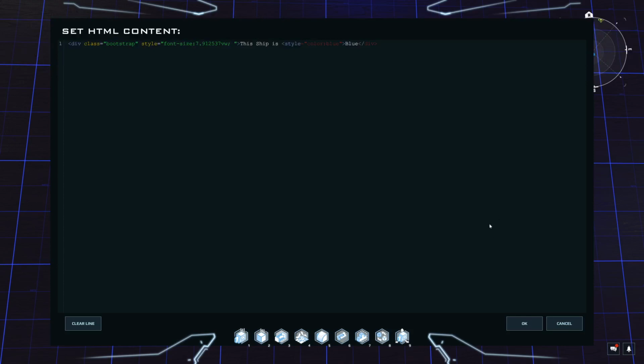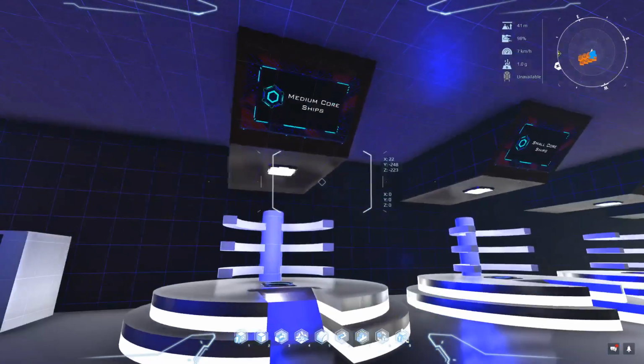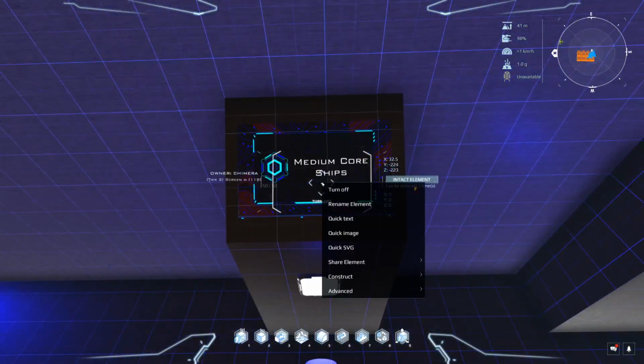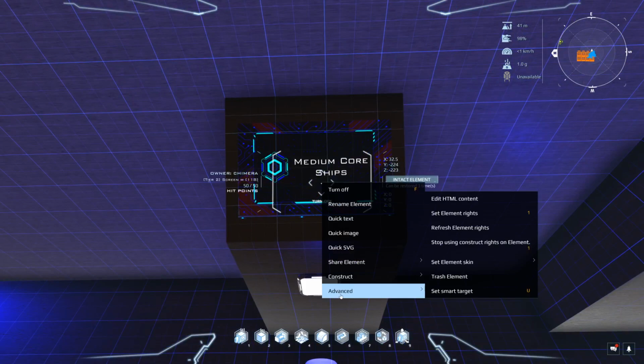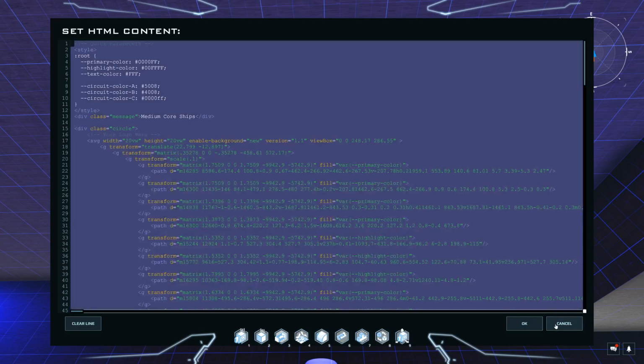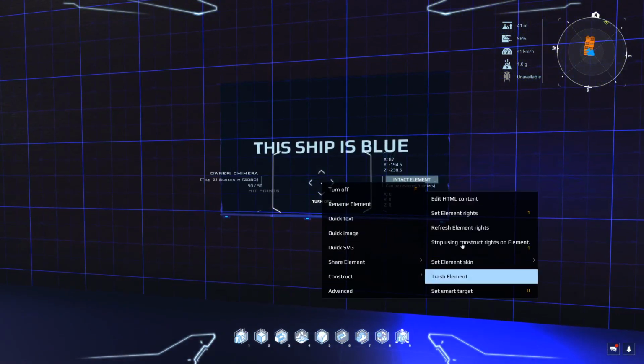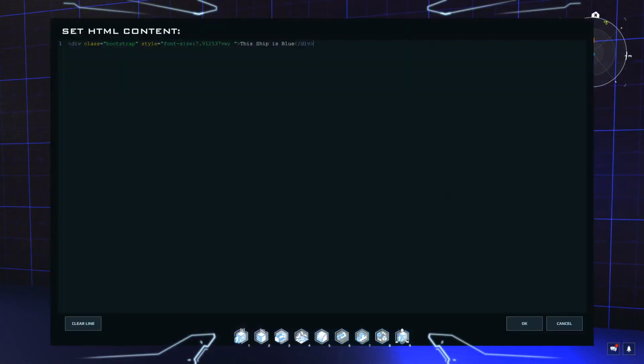Well, I am not an HTML coder, but some people are, and you can find their codes in here. So this is one of the public access codes. I'm just going to copy this. Control A copies everything, Control C. There we go. So now if I come over here and go to advanced, edit HTML content,